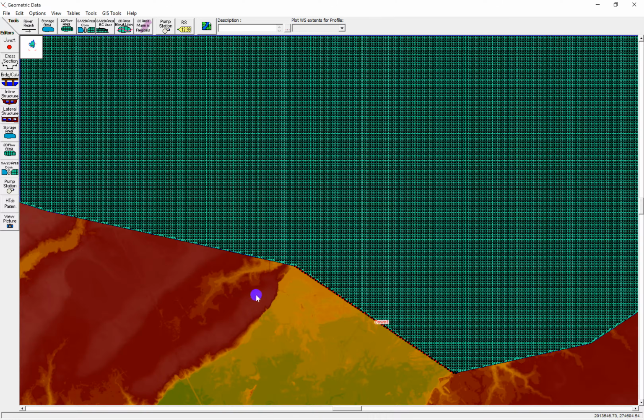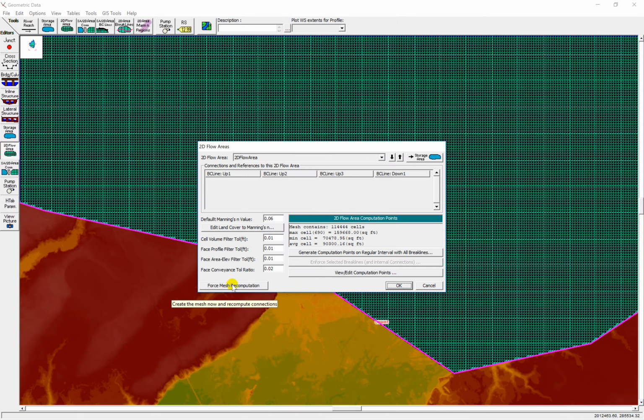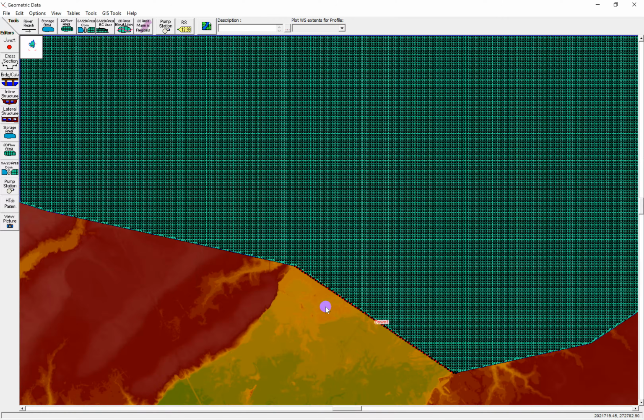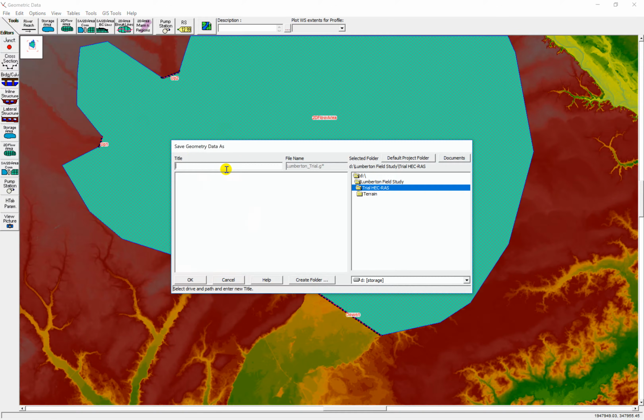So what we are going to do is click on this and edit 2D flow area and force the mesh recomputation to recompute with the new boundary conditions. It can compute because finite element works at the joints, not inside the area. So we need to force the computation of the boundary conditions at the joints. Okay, I got it. So we will say force the mesh recomputation, and then we will say okay. So now we can save the geometry. Save the geometry data. We will save it as geometry. We will say okay,